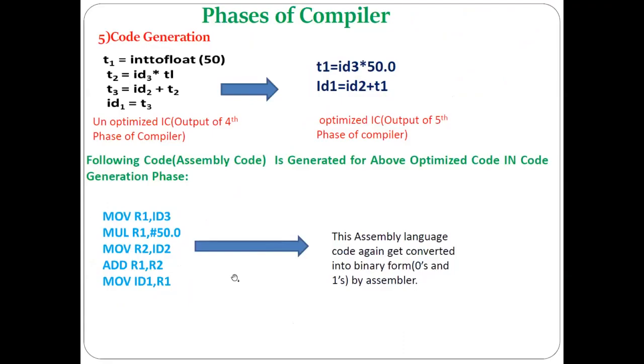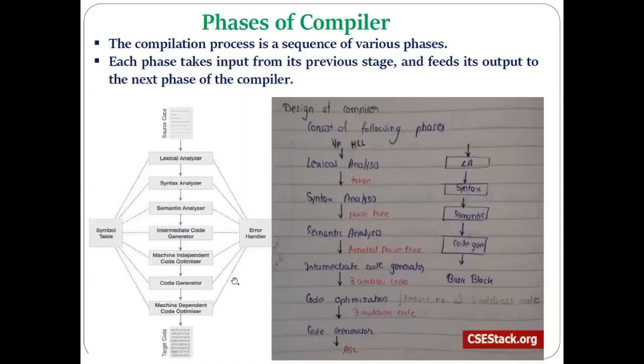So this is our journey from the first phase of the compiler to the last phase. You can see as an input we have this expression, x is equal to a plus b into 50.0. This expression we have considered as a source code, as one example we are just taking. But for the whole source code, all this processing is done that we have seen in each phase of the compiler. For your understanding purpose, we have just taken this as an example.